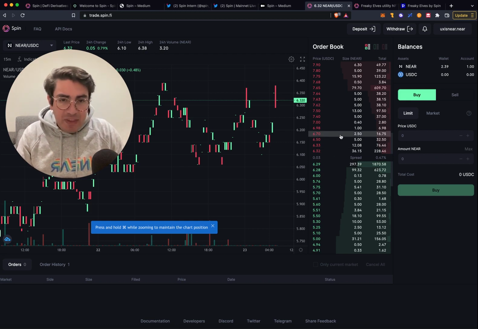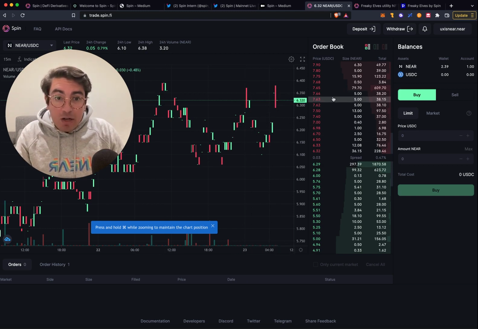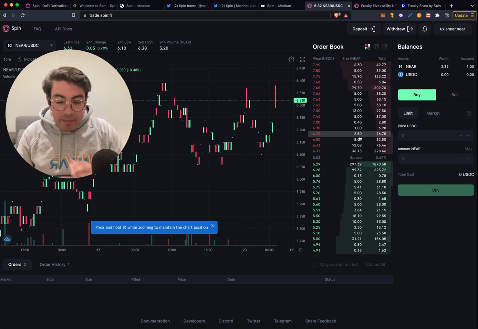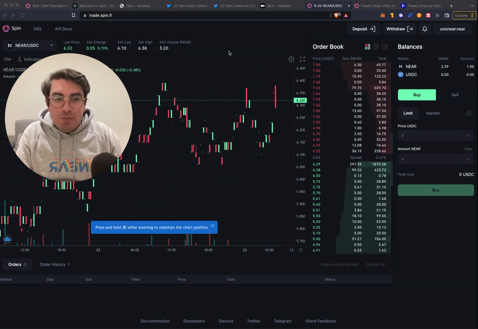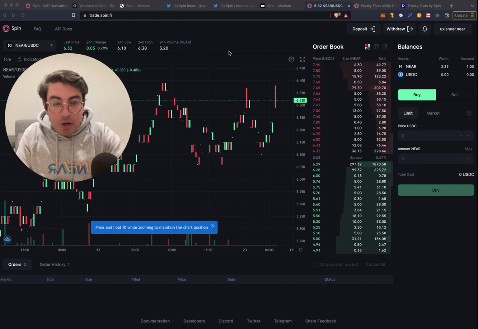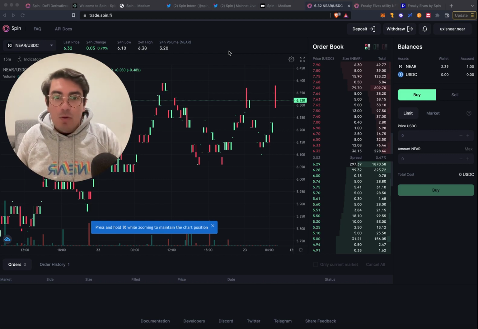But on the back end, instead of being a centralized database on AWS that the people that work at that company are able to edit and modify, there's a few people with admin access. SpinFi and all the other exchanges in its category are actually smart contracts. What does it mean? There is a limited range of logic embedded into the code, and the code is deployed on the blockchain. So there's a few things that change when you put the logic of the platform on a smart contract. The first one is it is open source. So anyone can go and inspect the code and understand what are the parameters and the rules and the processes by which the exchange works.